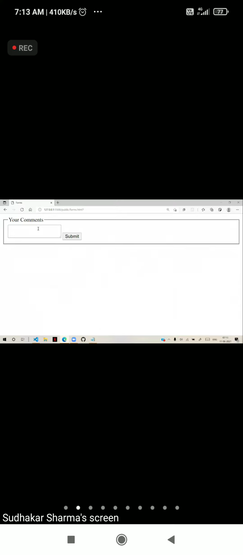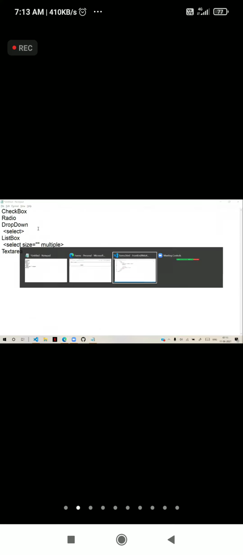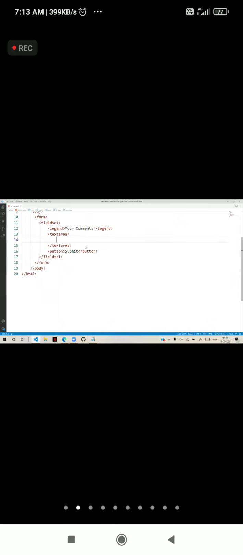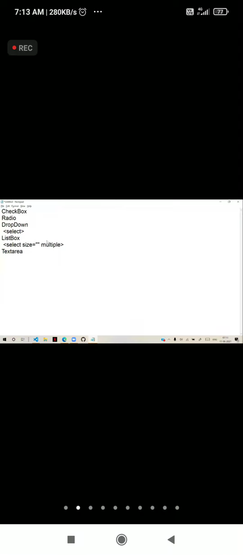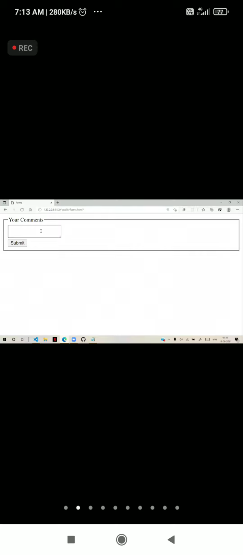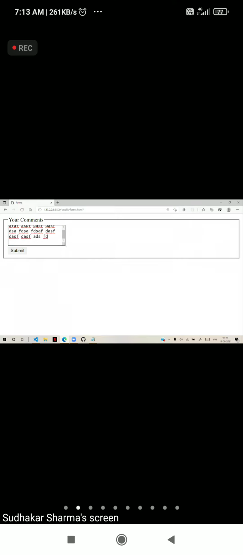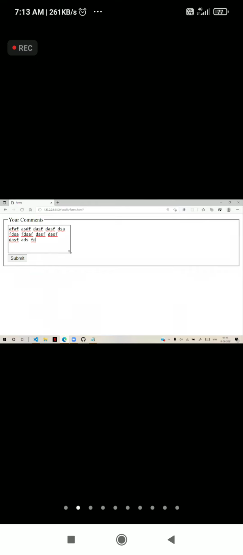You can see this is multi-line text box, and I will keep the button in the next line, and text area will give a multi-line text box. User can type more than one line, and you can see automatically scroll bar will come. The text area, you can adjust the text area, or you can keep the height and width by using rows and columns.